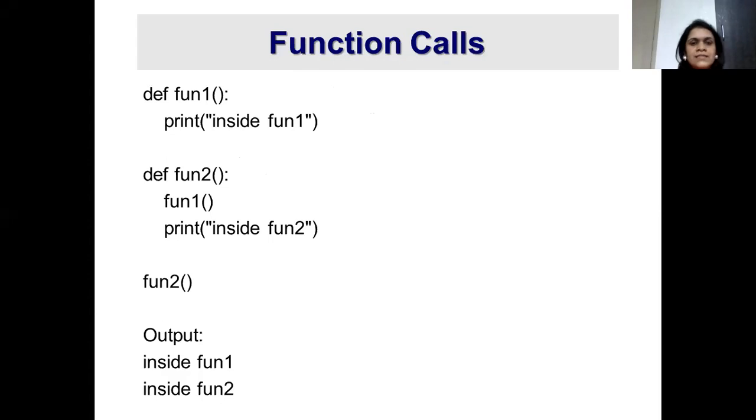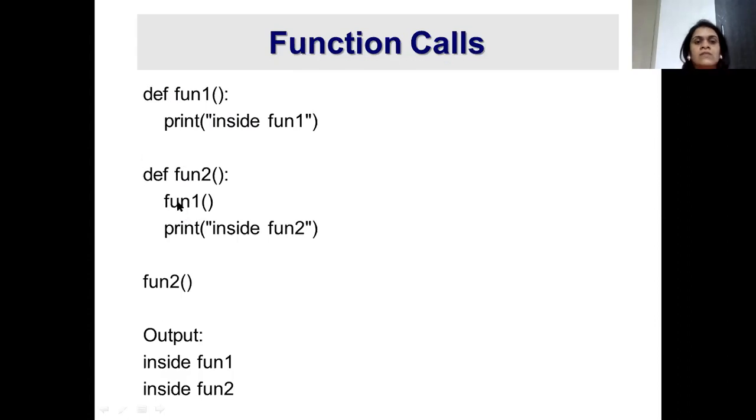Let us understand function calls in more detail. A function can call another function. So in this case, there is a function 1 and a function 2. If you observe, function 2 is calling function 1. It has a call to function 1.